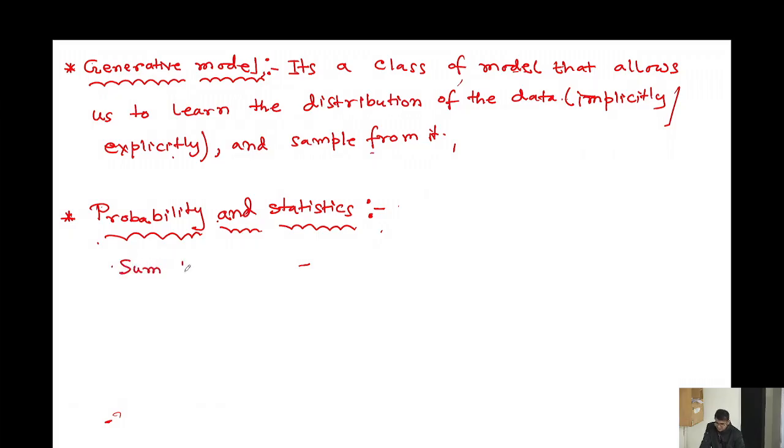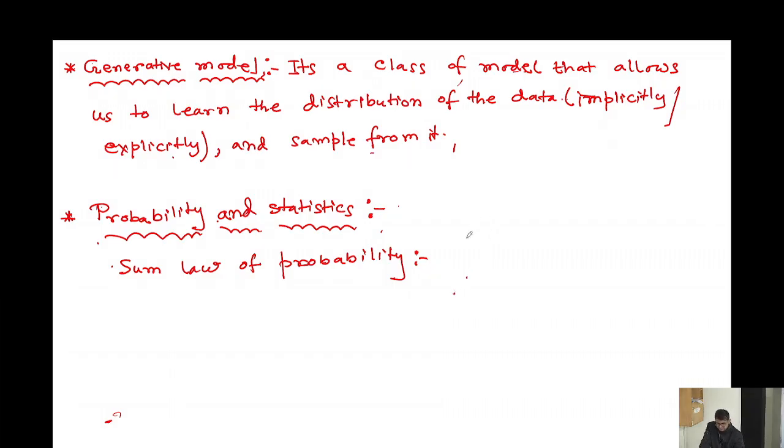Sum law of probability. Anyone can define it for me? What is the sum law of probability mathematically? Any idea what is the sum law? If you have a joint distribution of multiple events, or let's say 2 events for now, and if you sum over one of the events, you get the distribution of the remaining event, which means